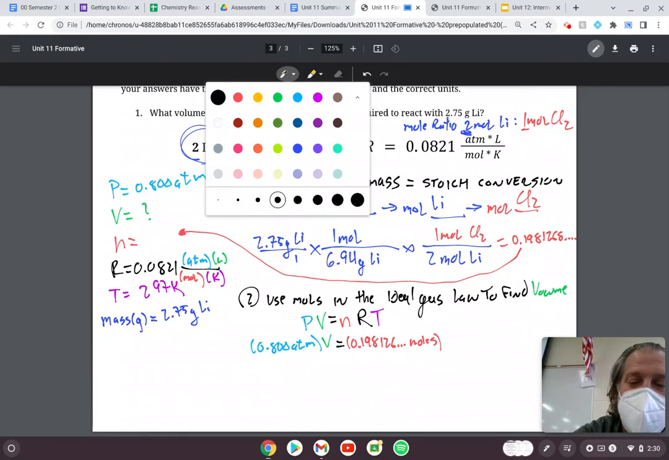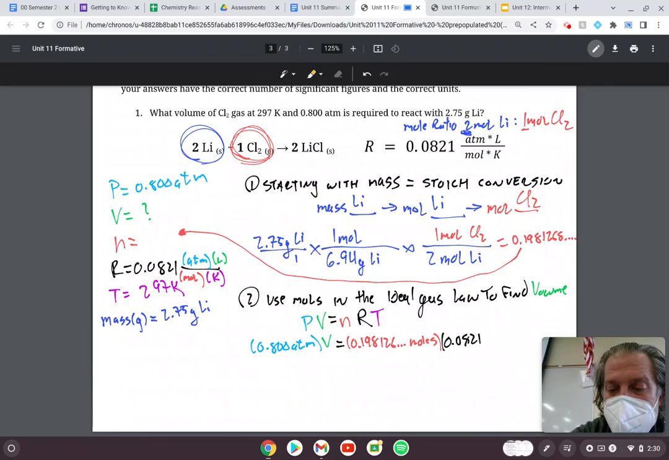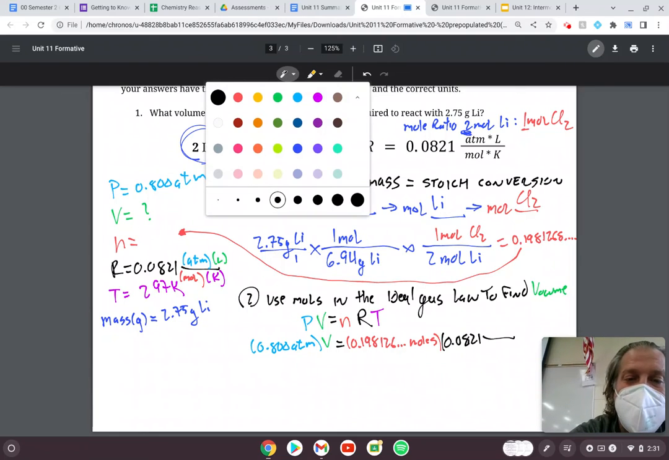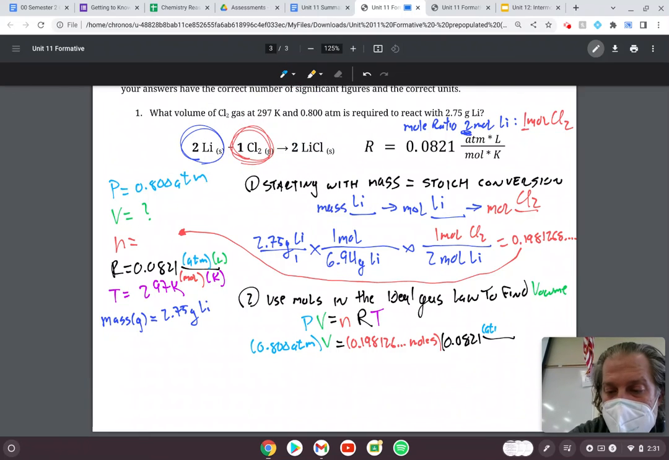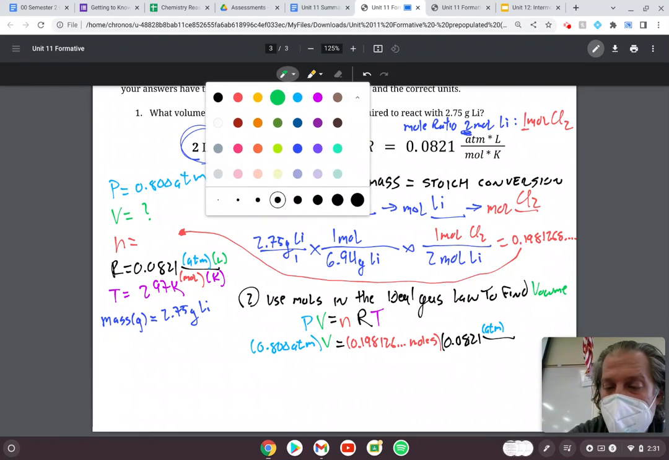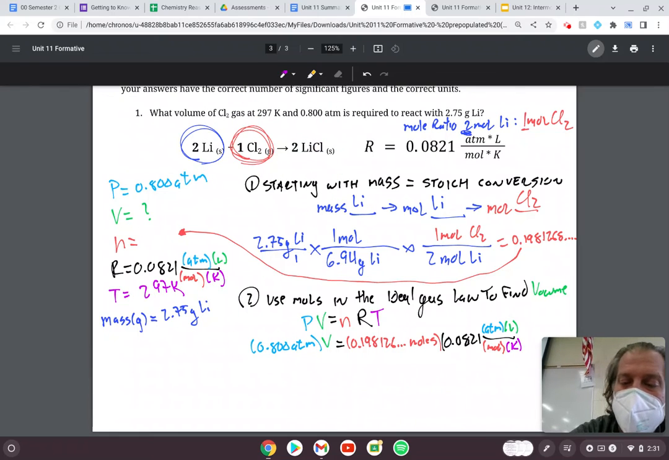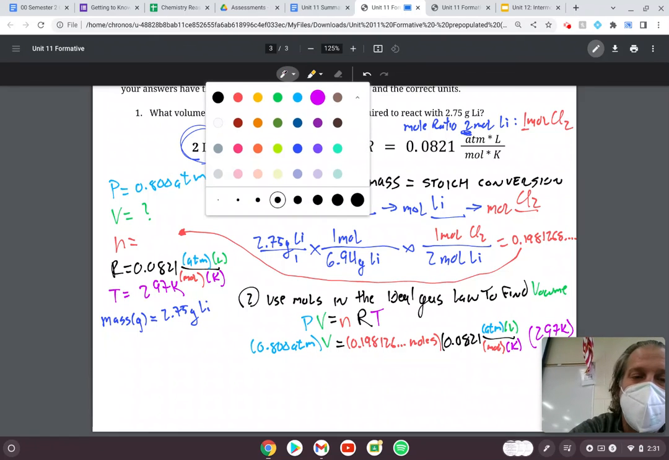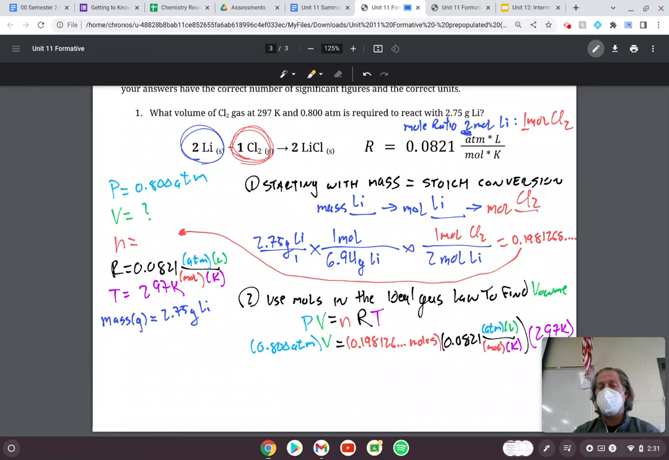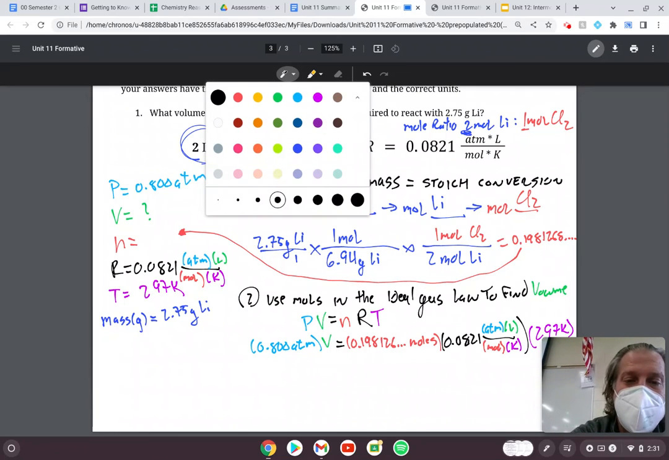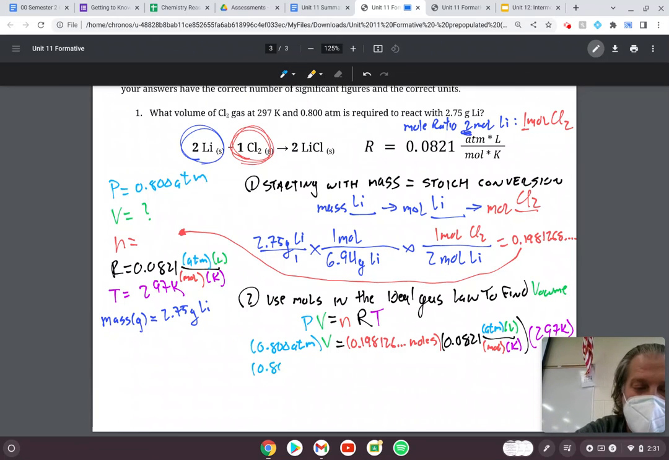We know the ideal gas law constant is 0.0821, and that's going to be, like always, atm liters per mole per Kelvin. And then the temperature here is going to be 297 Kelvin. And I'm going to combine what I can. So I'm going to take the 0.198 times 0.0821 times 297. So that's going to leave me with 0.800